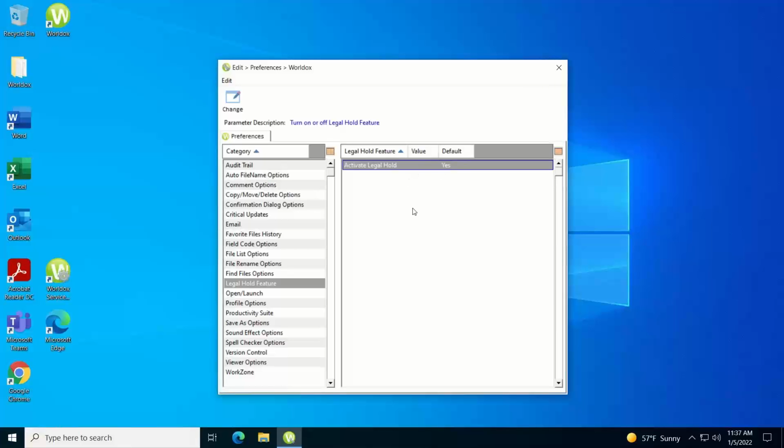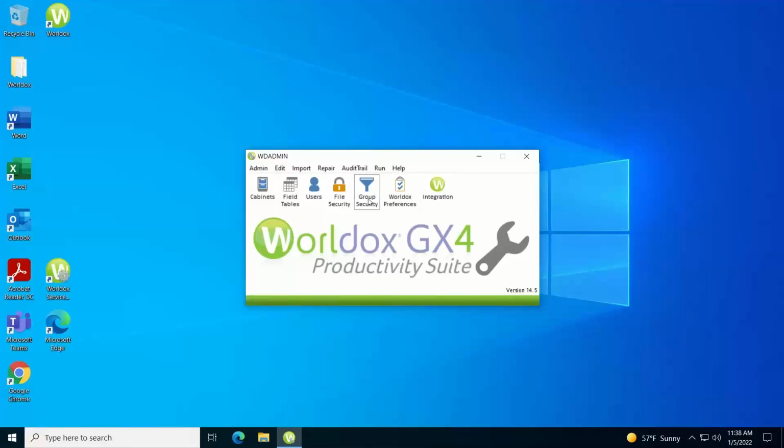Now we need to configure it in group security so that only select users have the ability to move files from production to legal hold, or to take files in legal hold and move them back to production, because that's not something you want all your users to have the ability to do. So we're going to go into group security,